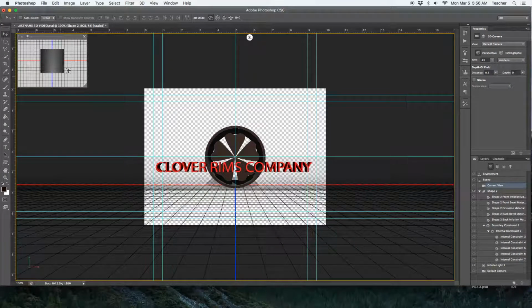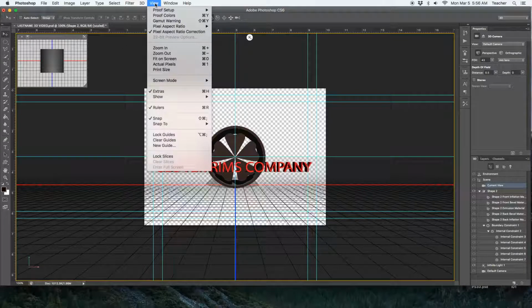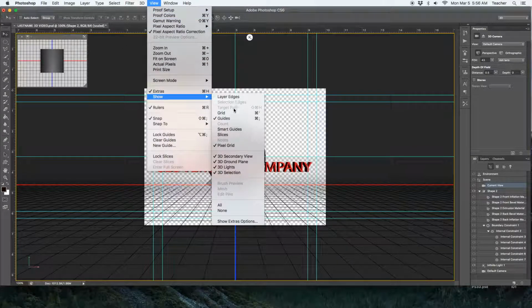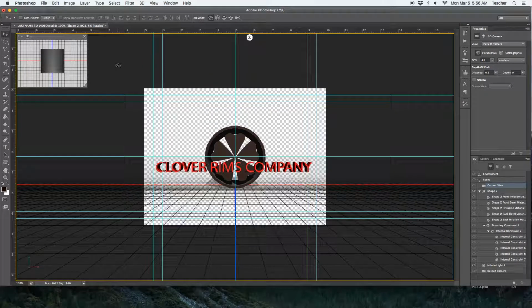And as you can see, the extrusion is showing up here on my secondary view. If you don't see the secondary view, you can go to View, go down to where it says Show, and make sure that secondary view is checked on. So I have my shape here,